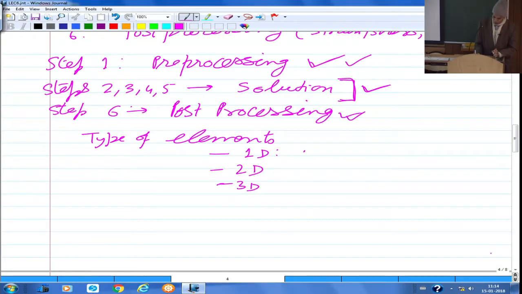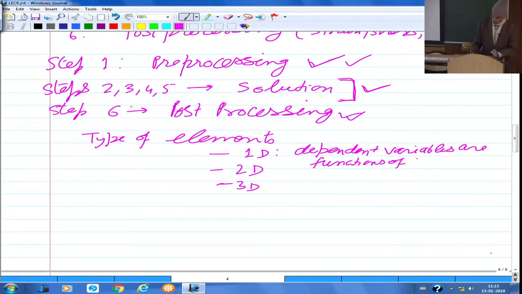So here what you are saying is that dependent variables are functions of one coordinate. Maybe you choose either a Cartesian coordinate, so the x coordinate, or a curvilinear coordinate, maybe the theta coordinate, the r coordinate, whatever it is, depending on the problem. So dependent variables are functions of one coordinate only. Here when you say so, basically unknown functions, right? There can be known functions,